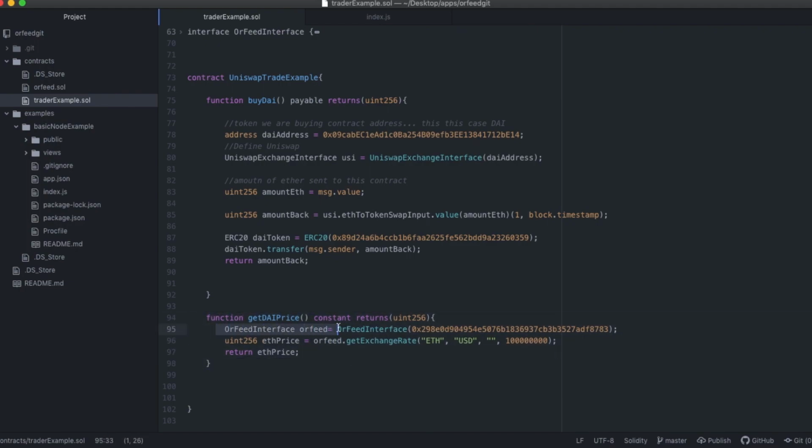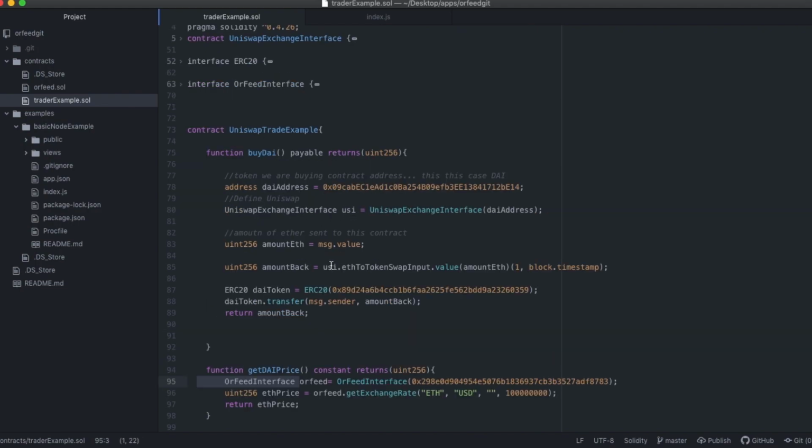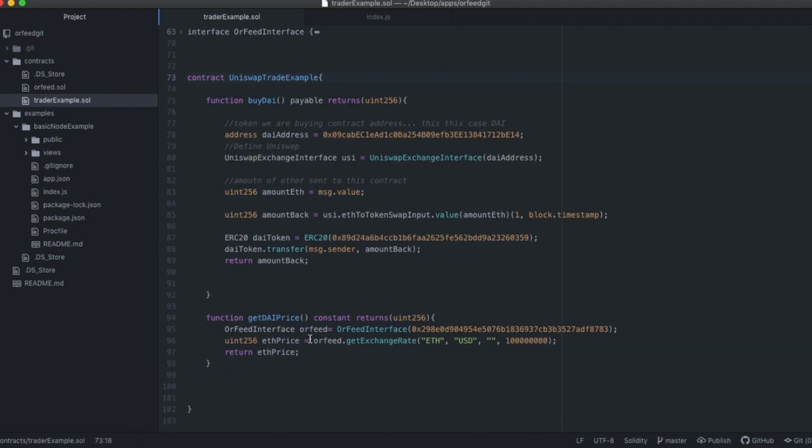So for example, this one uses our OrFeed library, which is a platform that we created that soon you can use to get all of the arbitrage opportunities. So you can use OrFeed to say, what's the price on this exchange? What's the price on this exchange? What's the price on this exchange? And then you can use a function like this to interface with those exchanges using the Oracle data to create arbitrage opportunities and advance your learning into how smart contracts work.